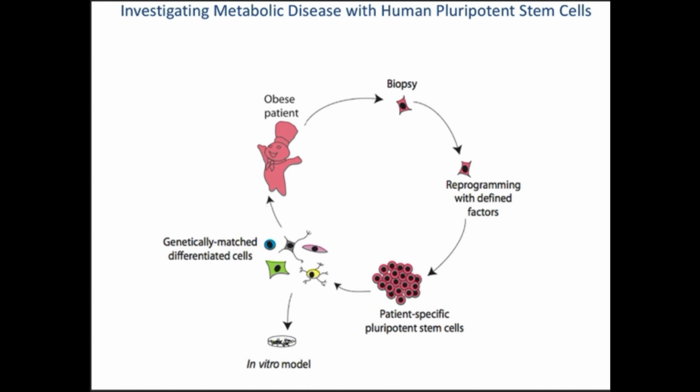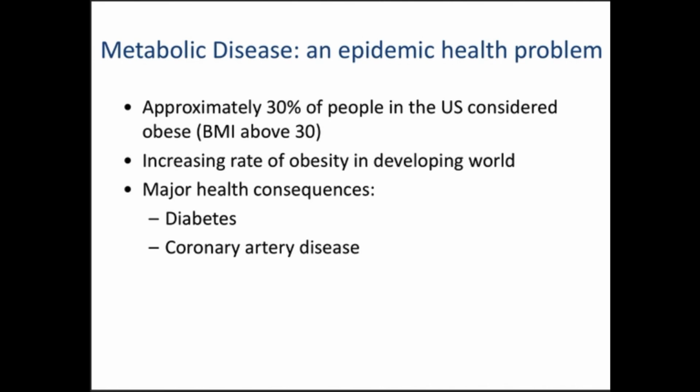And why was I so taken with obesity? It's because it's an incredibly rampant problem. And when I talk about this in Boston, it's all these healthy young people that are there and they just don't see it. And I go home to Kansas and I see my poor parents and I see everybody else really devastated by the disease. Easily 30% of the people in the US are considered obese. That's like with a BMI over 30.